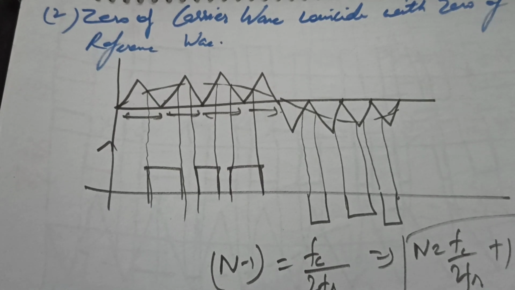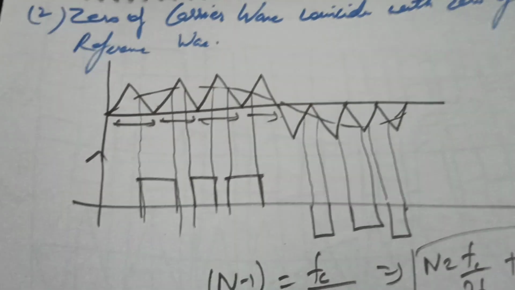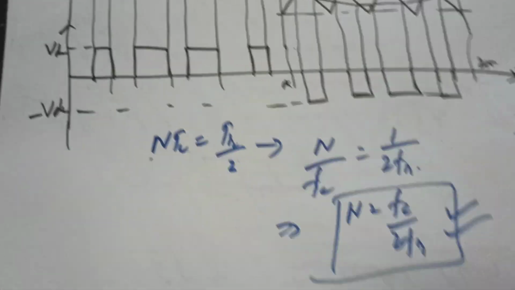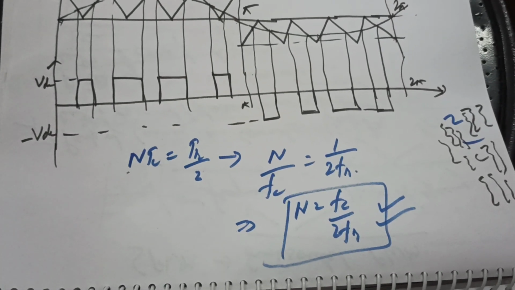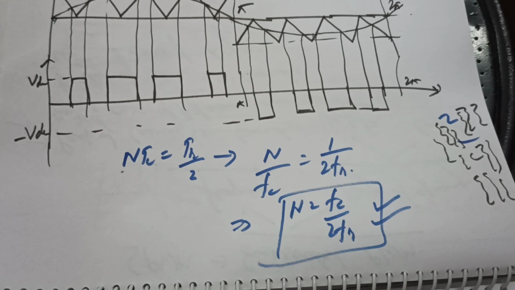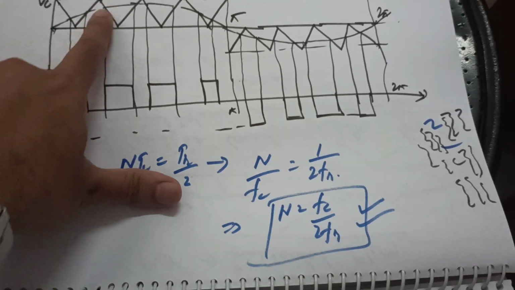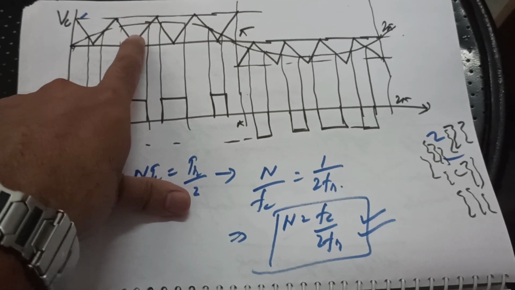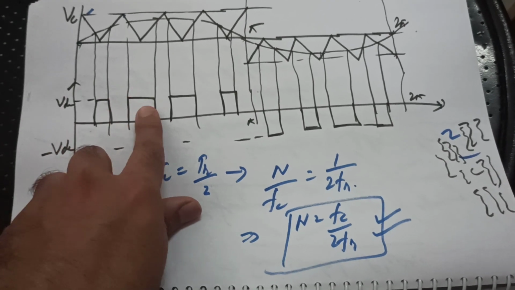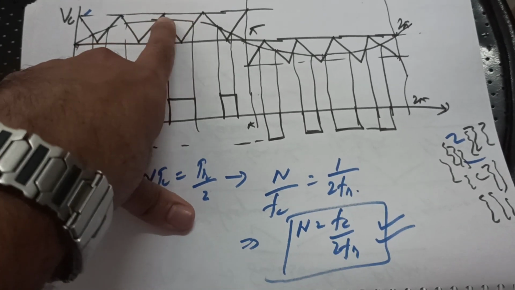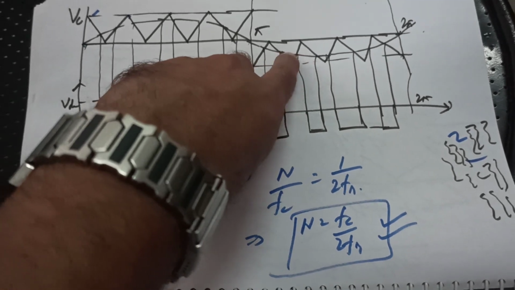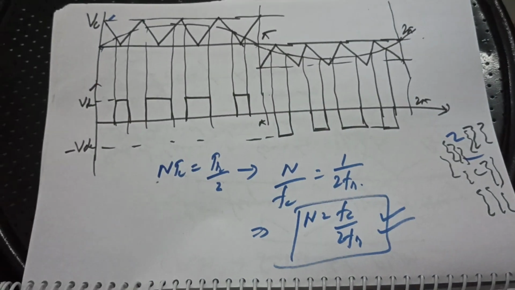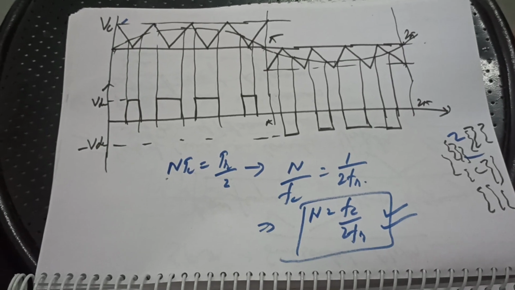Now let's have a discussion regarding the pulses here. You can see that when the sine wave is greater than the triangular wave, then you are sure to get the pulse. Clear? The same thing happens in the negative part. Whenever the sine is greater than this, then the waveforms are achieved. Are you getting it? Is that clear?